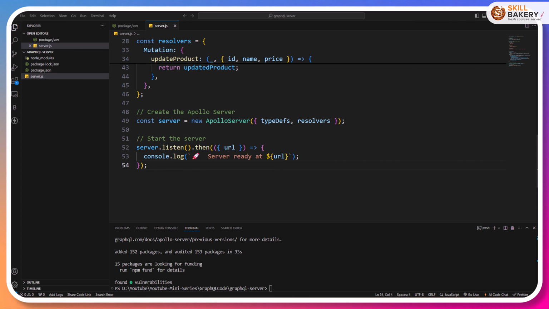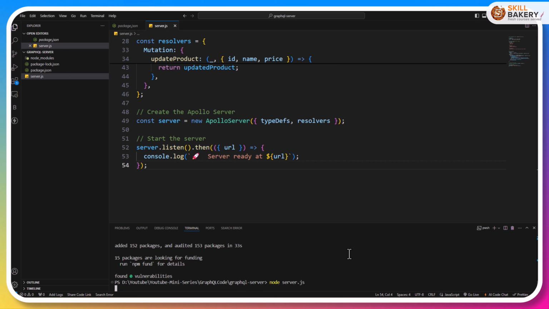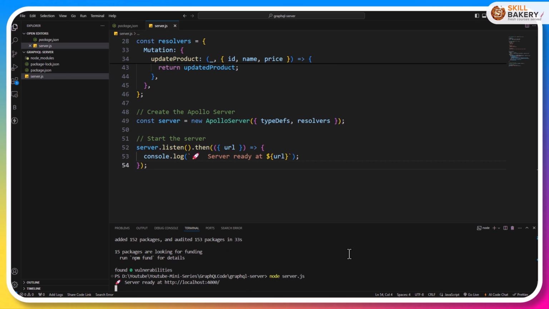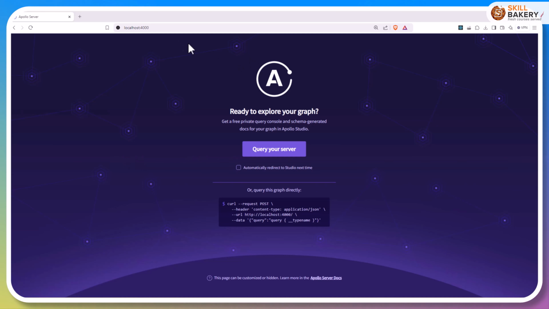Now let's save this. And in order to run this, we will be using the command node and then the name of the file, server.js. Let's execute this, and there you go. So you have your server ready at this URL, localhost 4000. And once you access it in the browser, you will notice this is what you will be getting, ready to explore your graph. And here we have the sample query, which you can use to make a request to